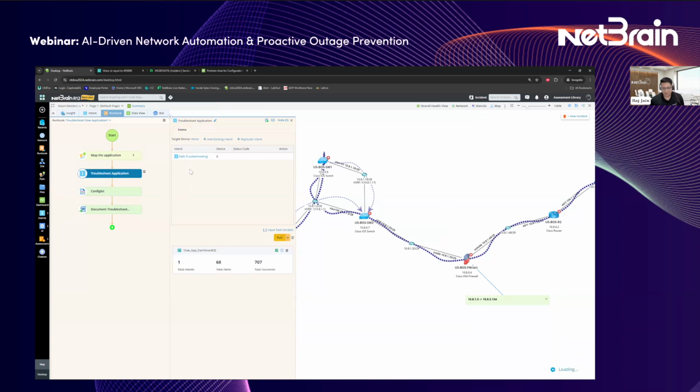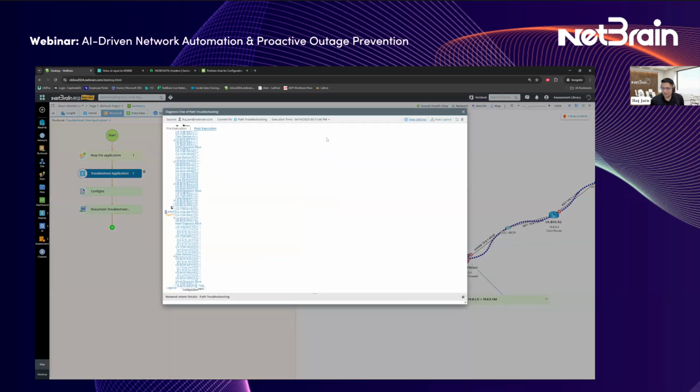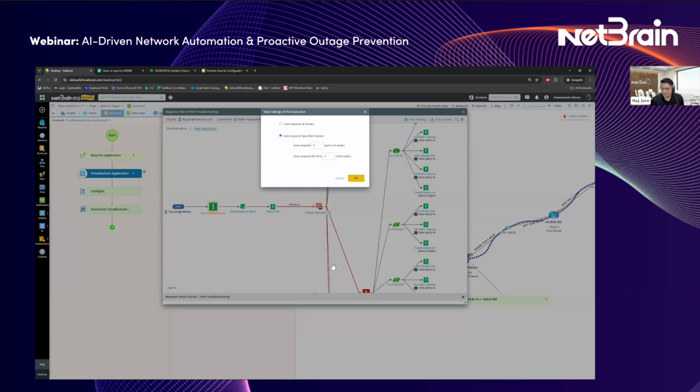The intent that we have here is, of course, called path troubleshooting. What it does for you is that it's going to go in there, log into each and every one of these devices, and run multiple intents to find out any possible issues. And just in a few seconds, I'll walk you through what's happening in the back. There we go. So looks like it got me 4 alerts. I'm going to take you in the back really quick and show you what the intent was doing.